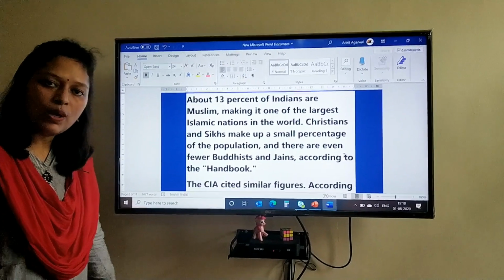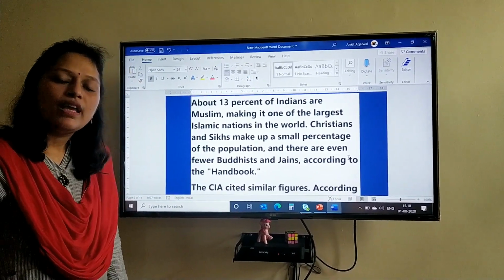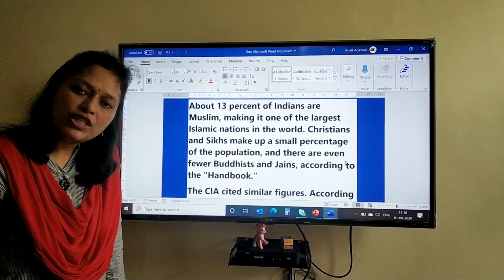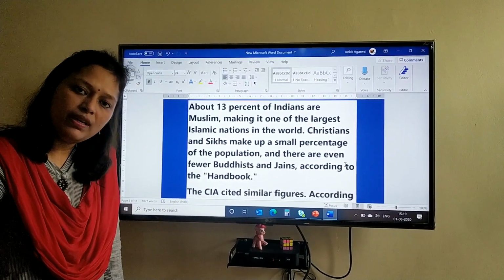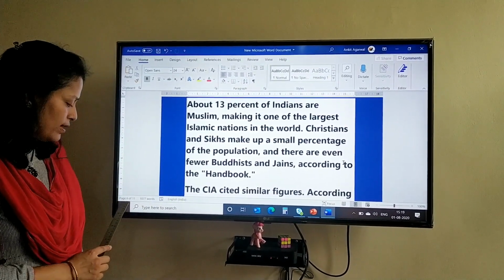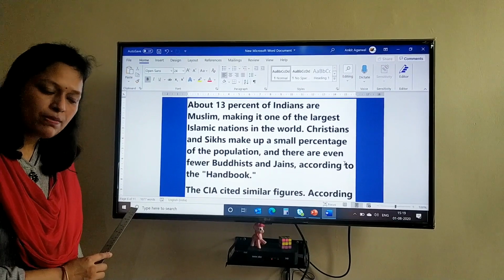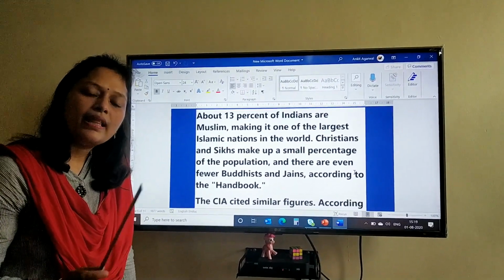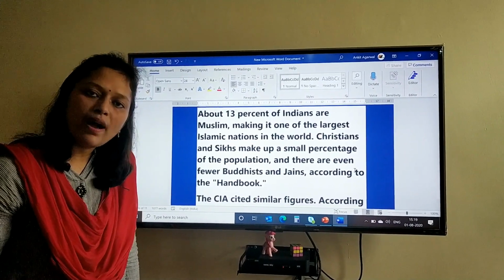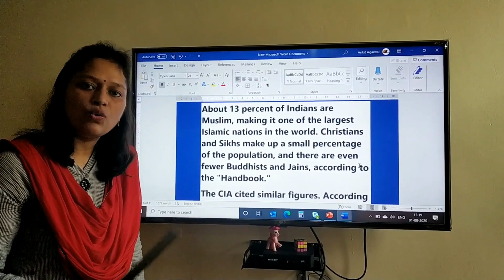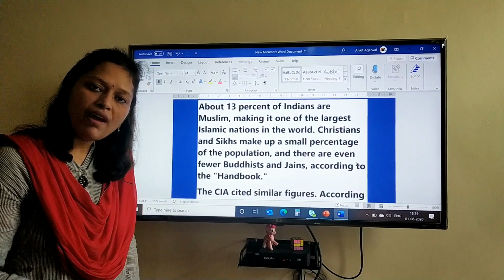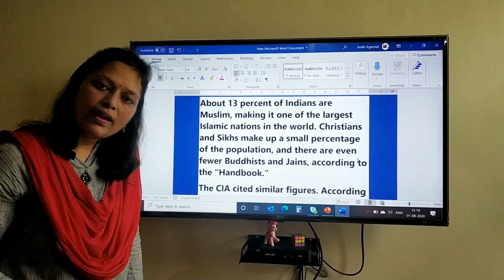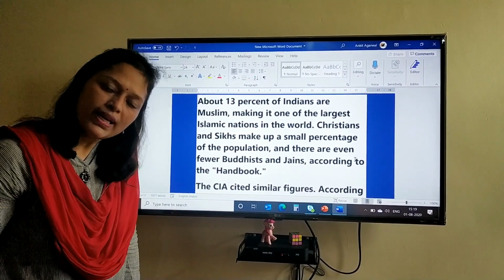So I repeat the whole process one more time. If you want to go to a particular page number, what do you need to do? You will click on the page number on the status bar. Then a dialog box opens with the Go To tab, and there you will type the required page number and then click on Go To or OK. You will find yourself on that required page number. I hope it is clear, children.